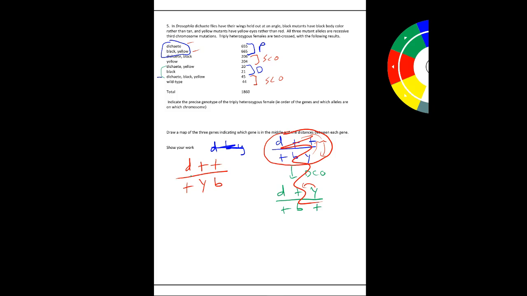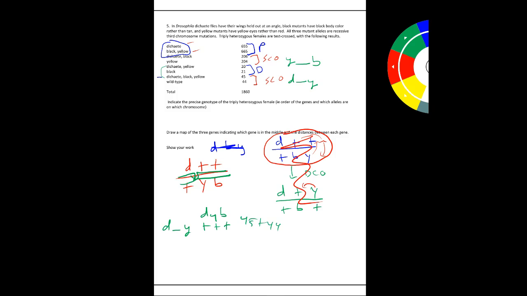Now we want to think about single crossovers. If we get a single crossover between D and Y, it's going to be D, then YB. It's going to be plus, plus, plus. So that's got to be one of our single crossovers up here. That's these guys. So this is a single crossover between D and Y. Well, this must make these guys, this crossover is between Y and, what's the other one? B. Alright, so these guys are